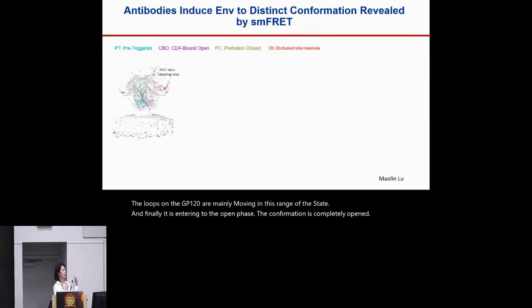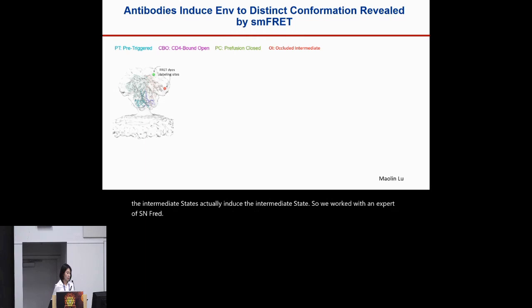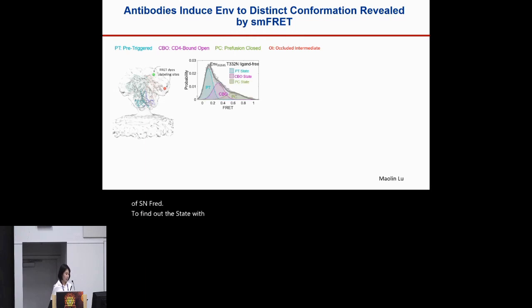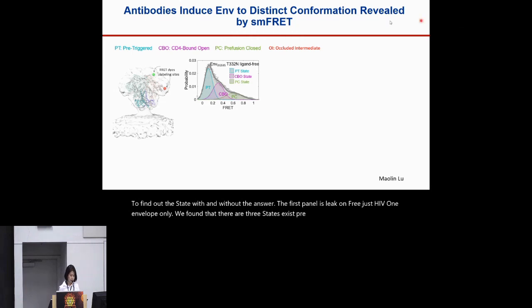We wanted to validate the idea that the 4 antibodies we found targeting the intermediate state actually induce the intermediate state. So we worked with an expert on smFRET to find the states with and without the antibodies. The first panel is ligand-free, just the HIV-1 envelope only. We found that there are 3 states: pre-triggered, steady-state, ground open, and